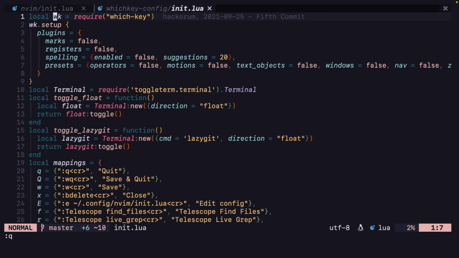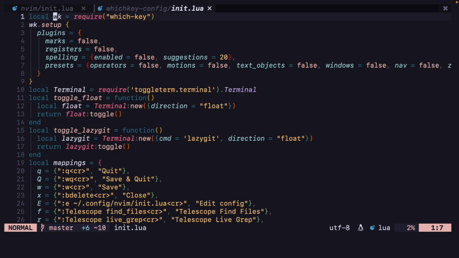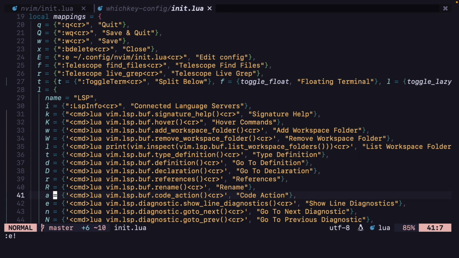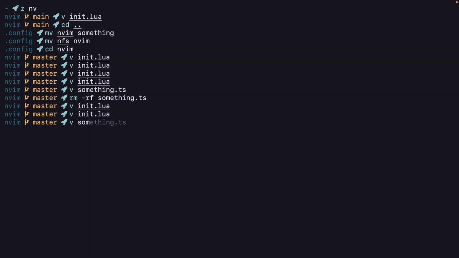So if I want to rename this plugin variable, I can do Space L shift R, so I can rename it to which key. I'm using it here and at the end of the file also. So it did not do it. Let me just edit again. Okay, it does not work in this language server, but in JavaScript I'm sure it will,